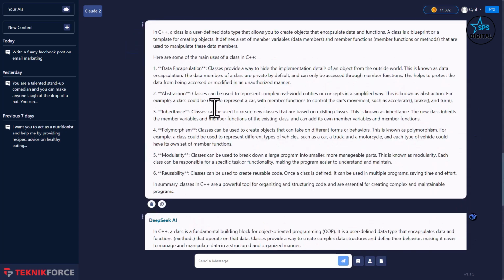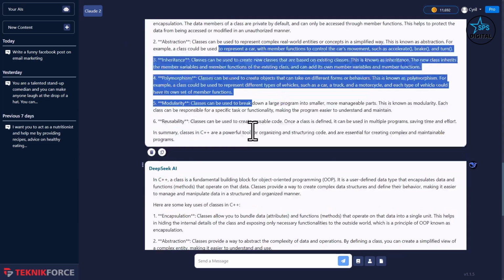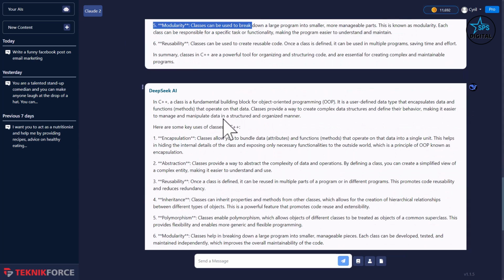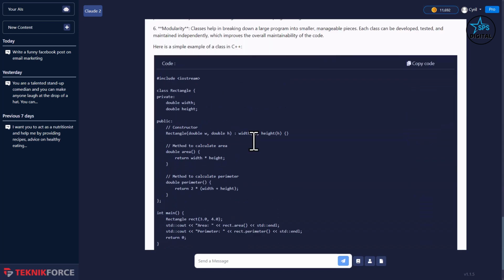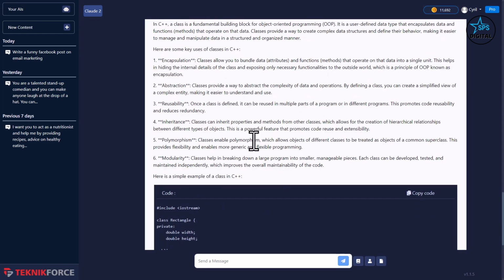As you can see clearly, WizardLM gave you an answer, but it wasn't that detailed. And on the other hand, DeepSeek gave you quite a detailed answer with a code sample, definitely more helpful. So now you will never be stuck in a place where your AIs are not giving you the great answer, the good answer that you expect. You can always tag multiple AIs, find the exact answer that you want, find the information that you want, and